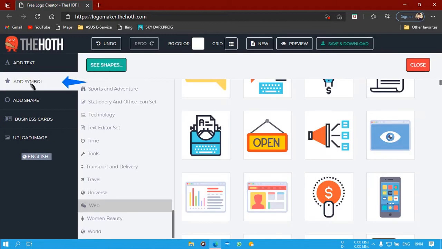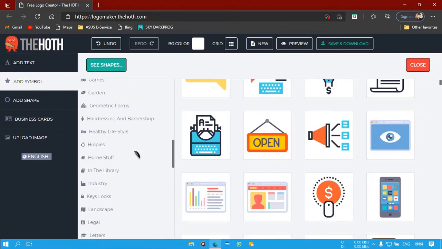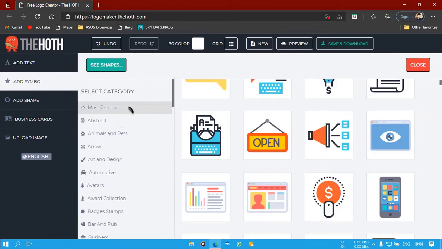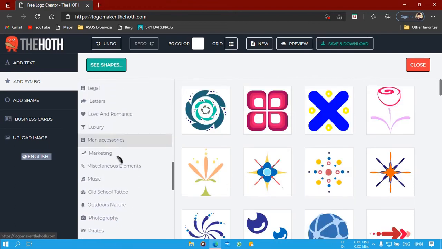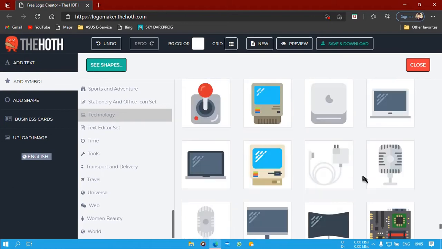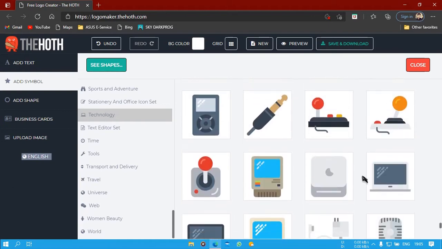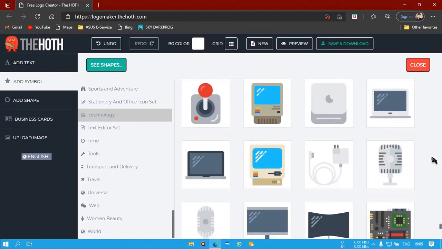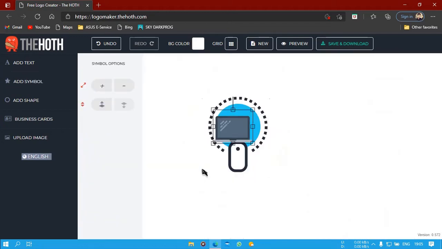Select this add symbol and let's say I am selecting this technology. So let's say I am choosing this icon, so click on this icon.